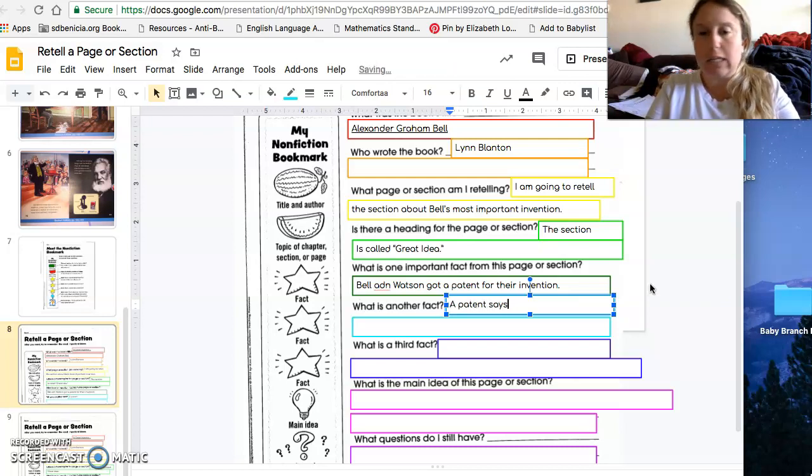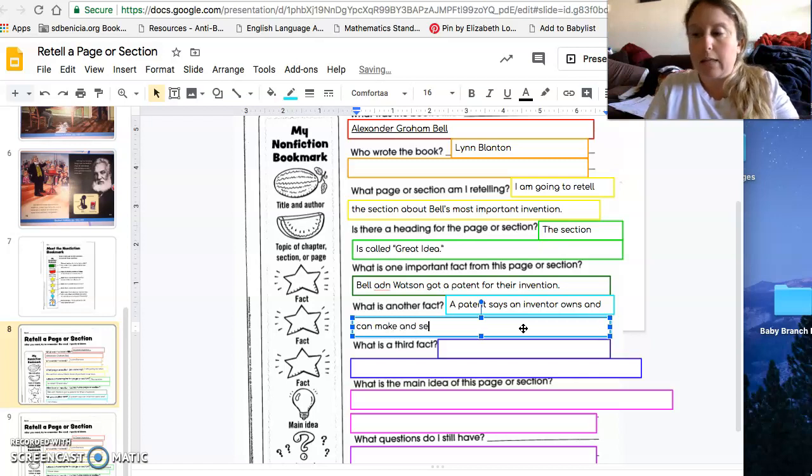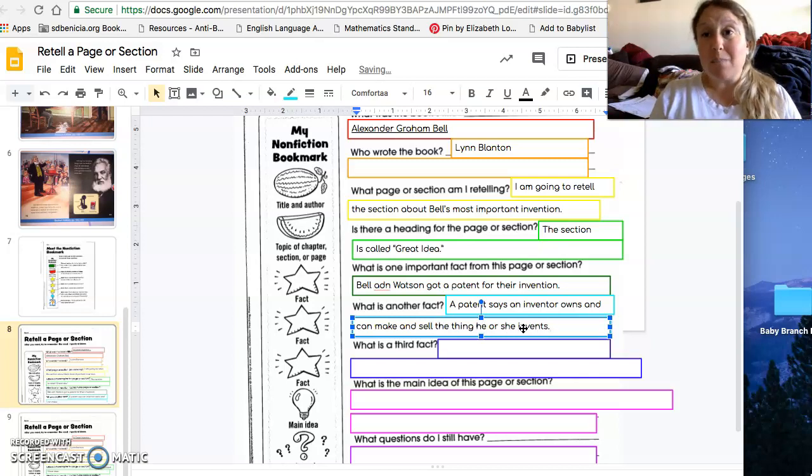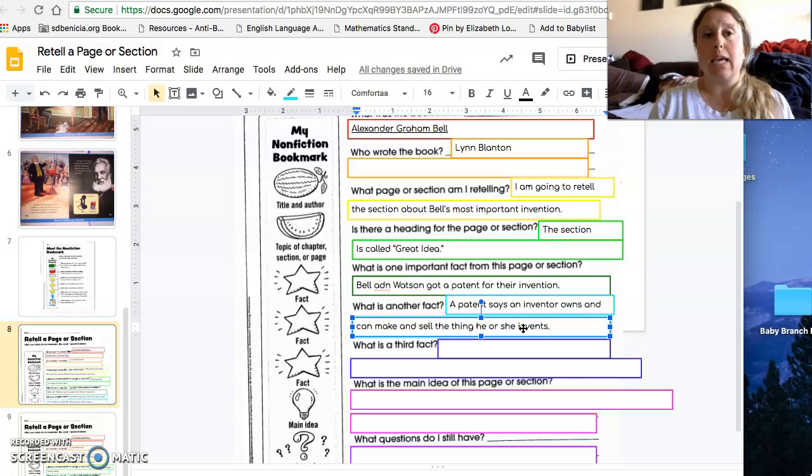So on my page, it said, a patent says an inventor owns and can make and sell the thing he or she invents. Basically, it means that it's your intellectual property, and people can't, for instance, go to the internet